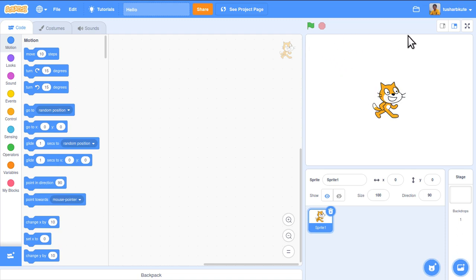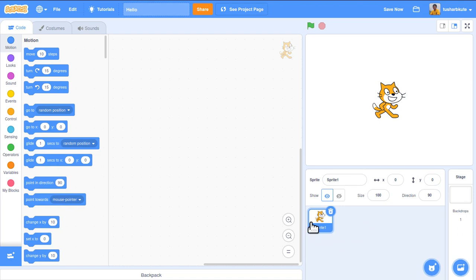So this is what the output window is, and we can control this output window with the help of the program, as we have seen already. Just below this programming window, we have the properties of this sprite. The name of the sprite is appearing over here. Next to that we have the position of the sprite, then the visibility of the sprite, then the size in percentages and the direction. In the next session I will talk about all these properties, how we can change and modify them so that your sprite will appear in different ways.